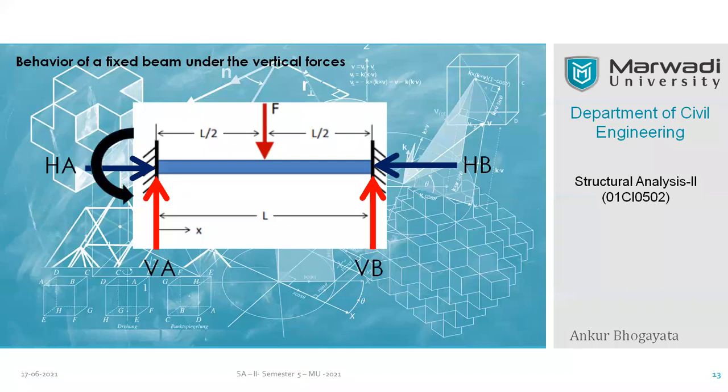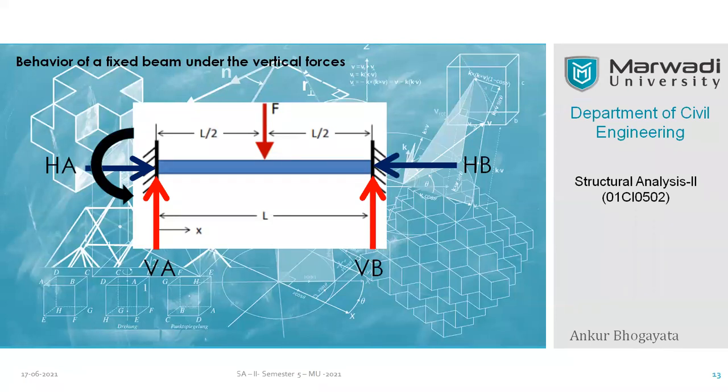Finally, the king of them all, the moment, comes into the picture. This is the reactive moment. This moment is known as the fixed end moment. I repeat, please remember this because it's a very important quantity for us. Sometimes horizontal forces may exist, may not exist, it doesn't matter, right? But these two are the bare minimum forces you will always notice getting developed at every fixed support. And out of that, the most important one is the fixed end moment, and it is always reactive in nature. You can see that it is anti-clockwise.